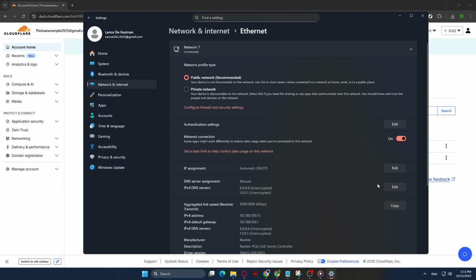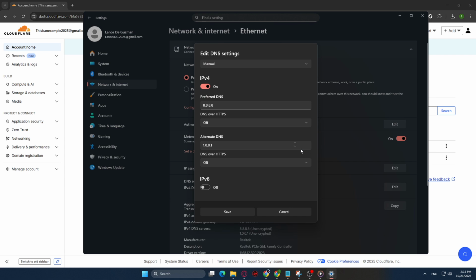Here, you're going to make a small but significant tweak. Click on Edit to shift the DNS server settings to manual. Make sure to toggle the switch for IPv6 to activate it. This step is essential for inputting your new DNS settings. Now for the preferred DNS for IPv6, type in